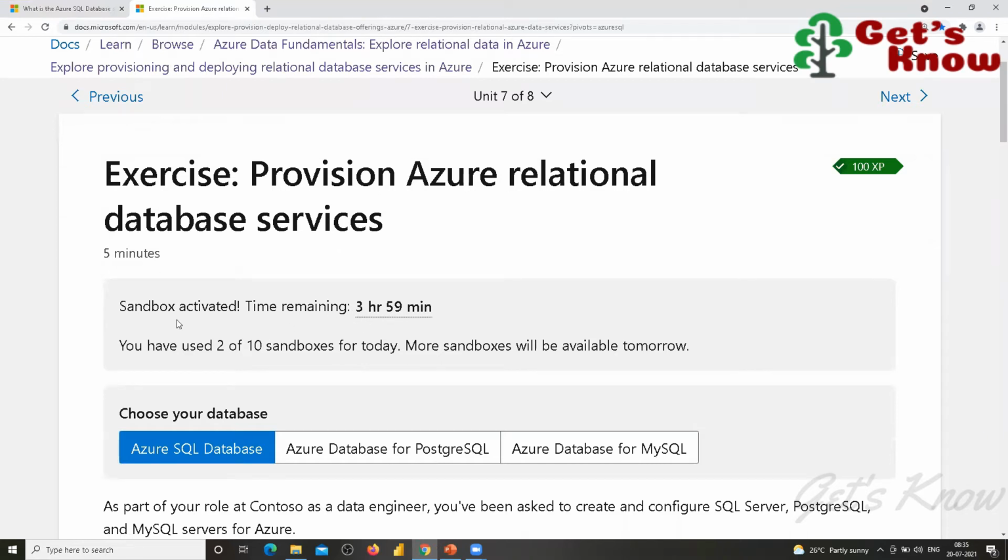If a sandbox is activated now, it will be active for 4 hours. During those 4 hours, whatever features we want to try in the Azure cloud portal, we can try everything, but it is not permanent. For learning purposes, it will be more helpful. Earlier it was not working for me properly, which is why I used the pay-as-you-go subscription. But if it is working fine now, there are still some limitations. Whatever features are available in this sandbox, you can work on.